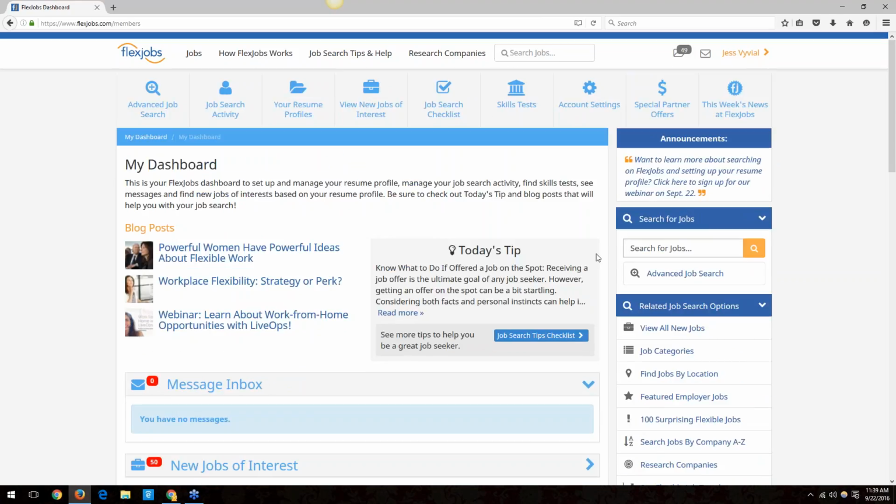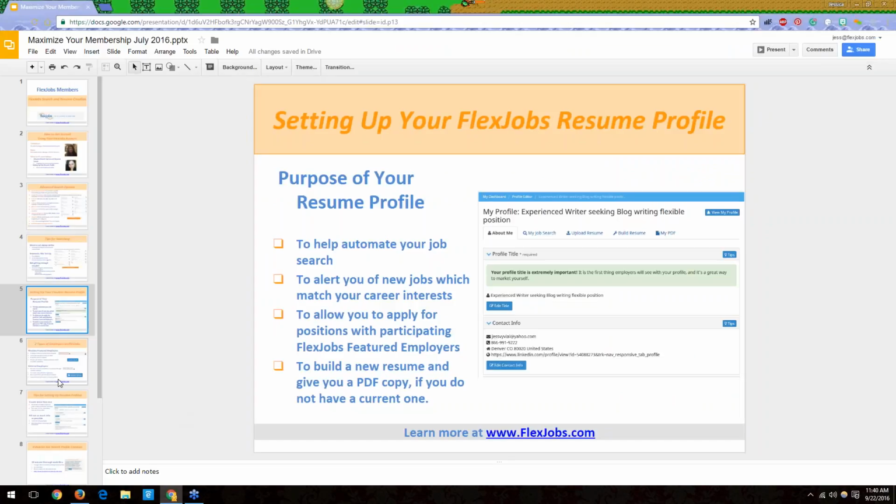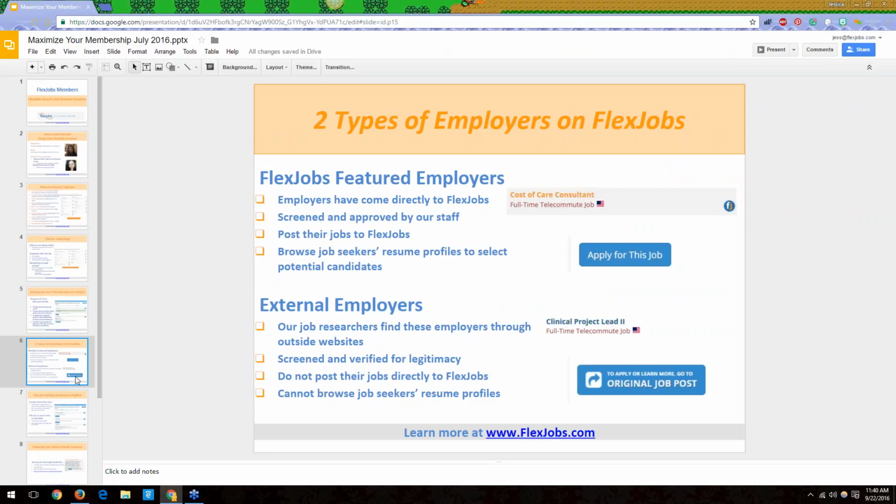So another thing that I like to talk about is how you would know if a resume profile is potentially going to be used by an employer or if it's an employer that's external. So on FlexJobs, we have two different types of employers. We have our featured employers, which are employers that come directly to us, that are screened and approved by our staff, and they post their jobs directly to FlexJobs. They can also browse job seekers' resume profiles to select potential candidates. Those jobs will always have the orange title, and you'll see this little FJ starburst on the job itself, which means that it is a FlexJobs specific listing,